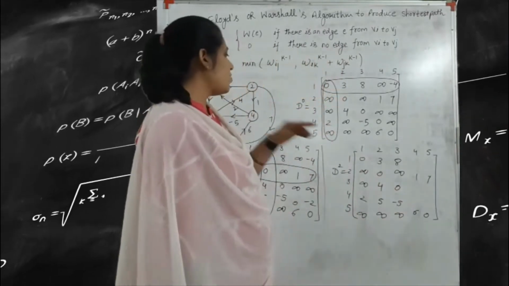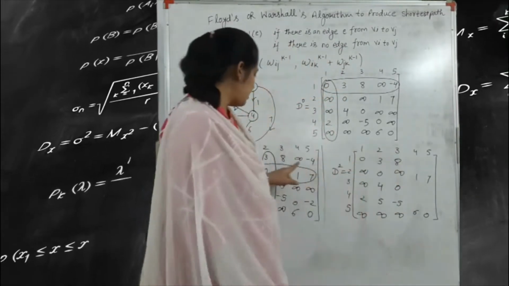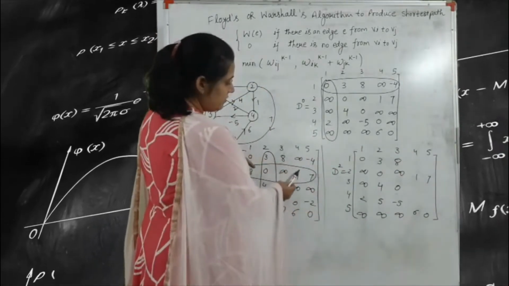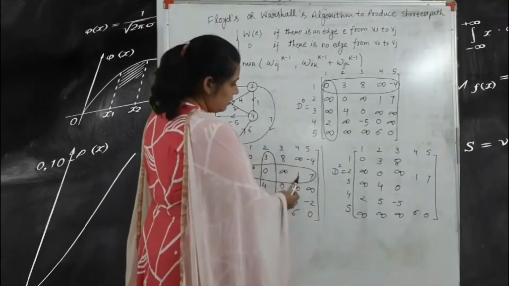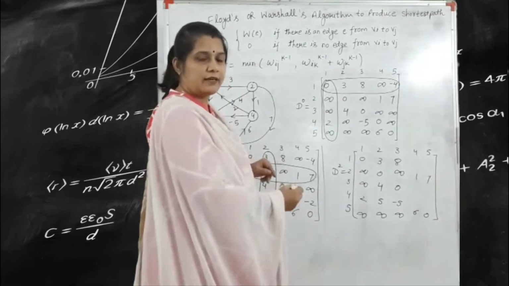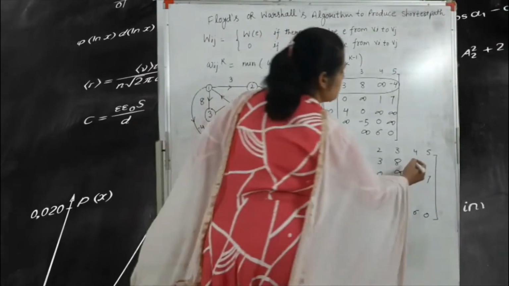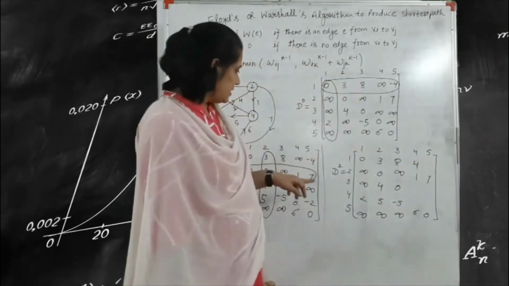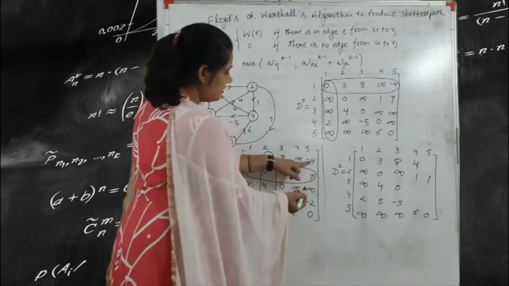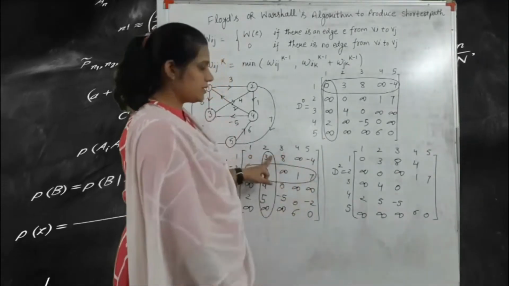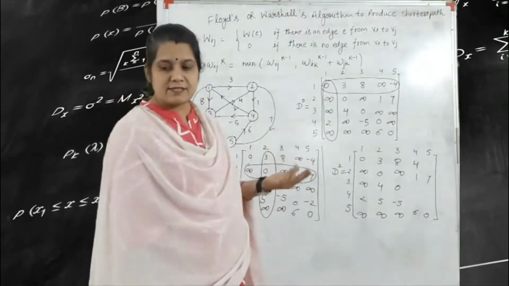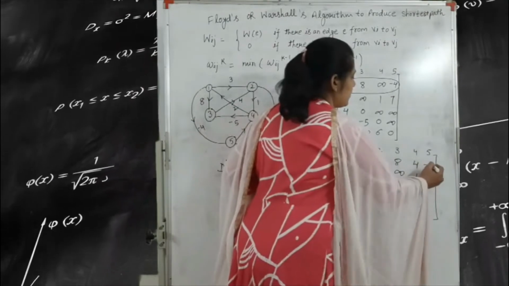Okay, so for finding this value, according to this infinite, you check here. Your column is 1 and row is 3. So 3 plus 1 is equal to 4 and 4 is less than infinite. So we write 4. Next one is minus 4. According to minus 4, 7 and 3. So 7 plus 3 is 10. But 10 is greater than minus 4, so we write the lesser value. That means we write minus 4 as it is.